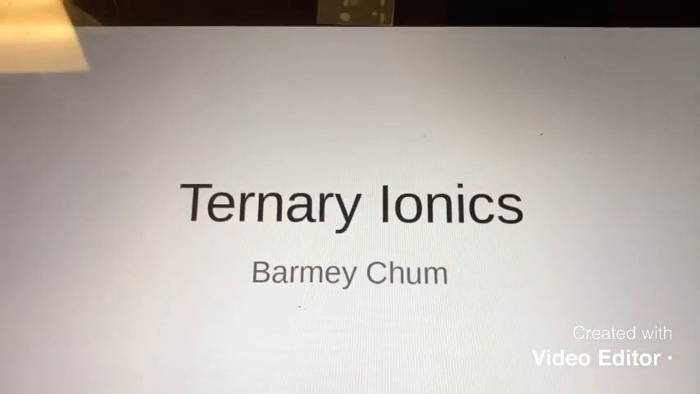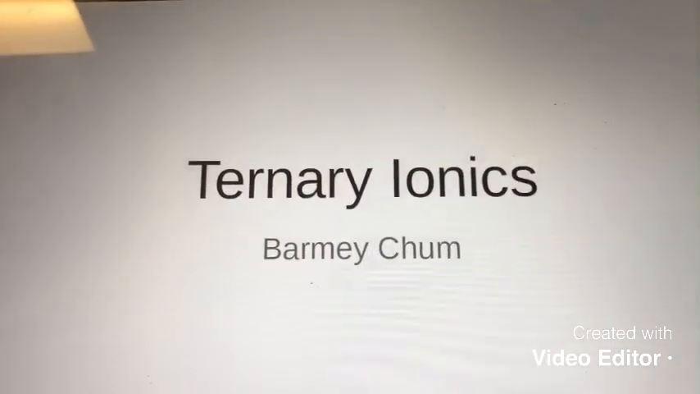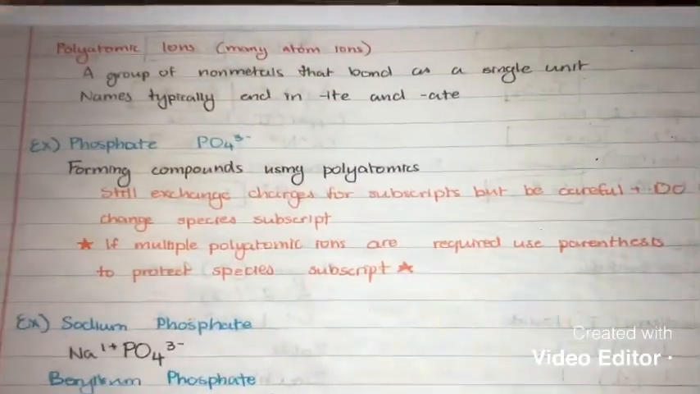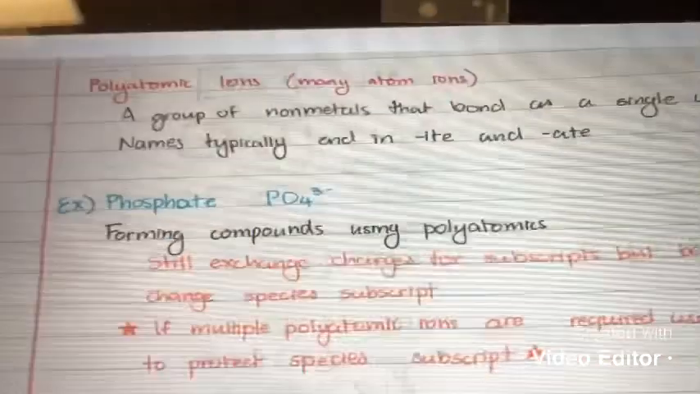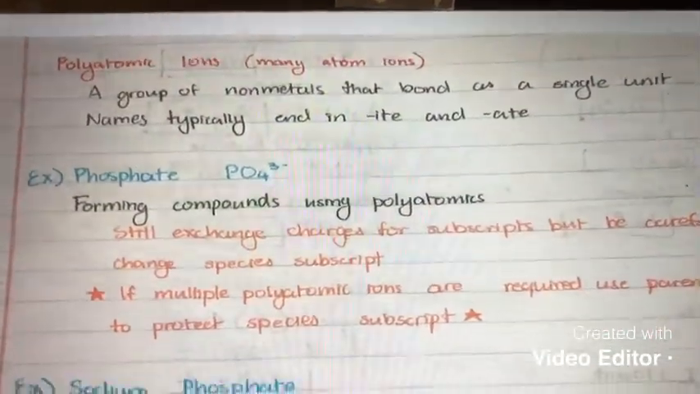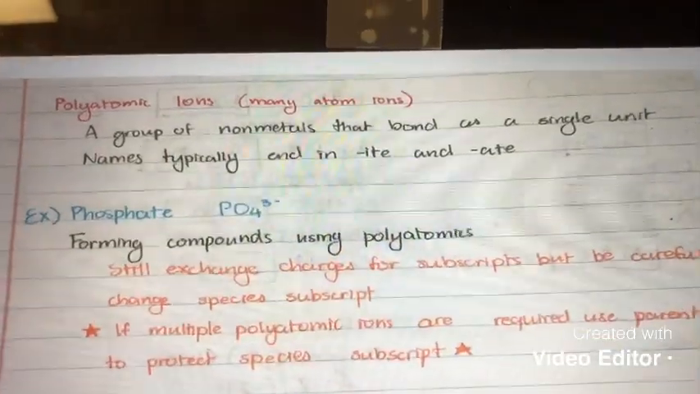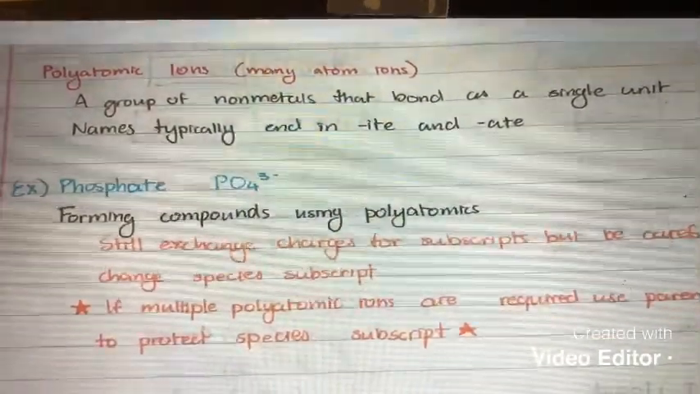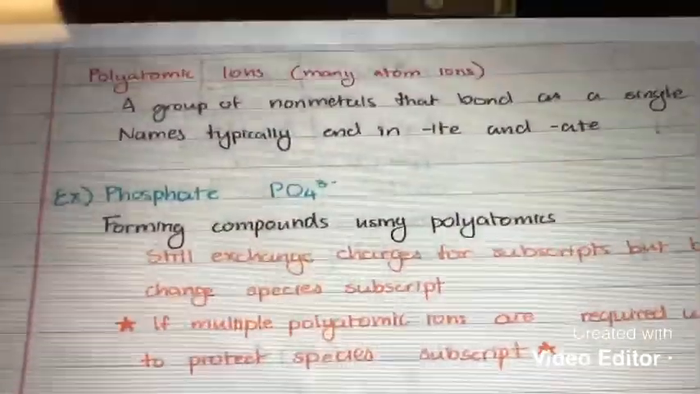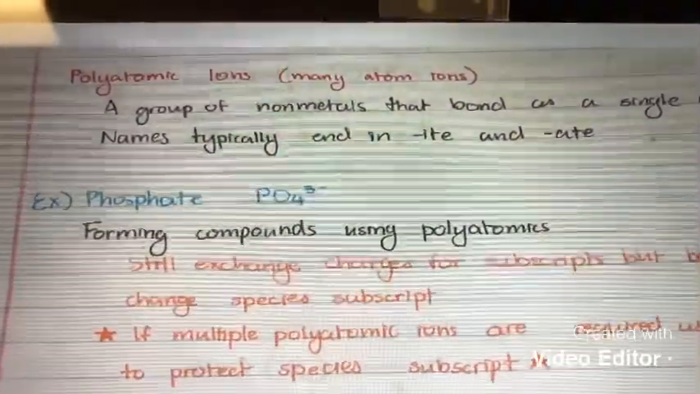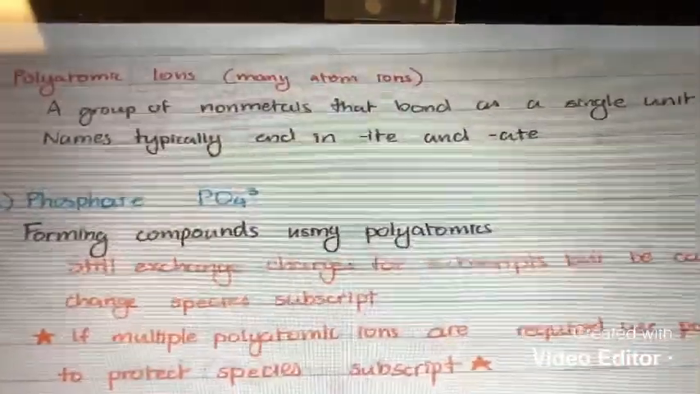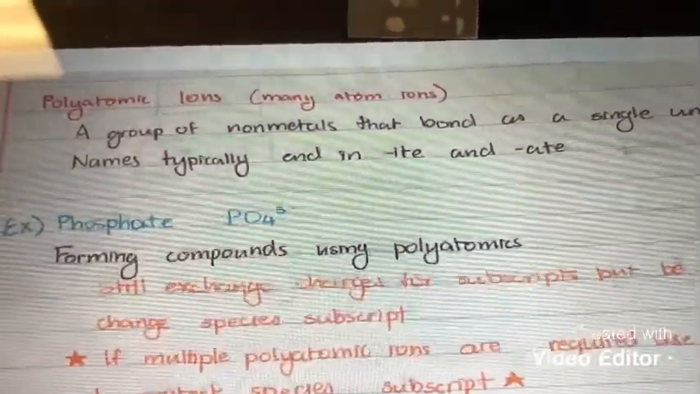In this video, we're going to talk about ternary ionic compounds. In ternary ionic compounds, polyatomic ions, meaning many-atom ions, are in the formula. A polyatomic ion is a group of nonmetals that bond as a single unit, and their names typically end in